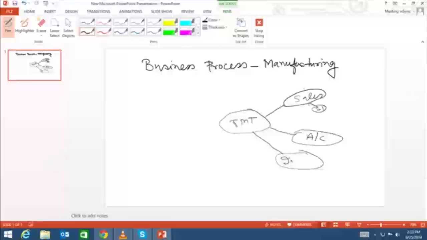There is inventory. So inventory is directly associated with their production plant. Inventory has Kolkata, they have